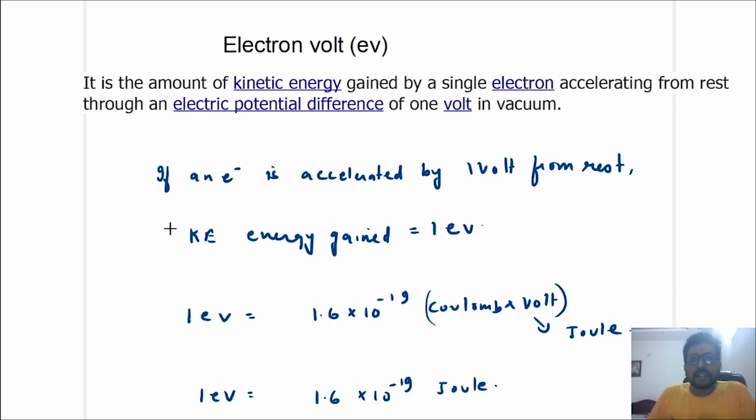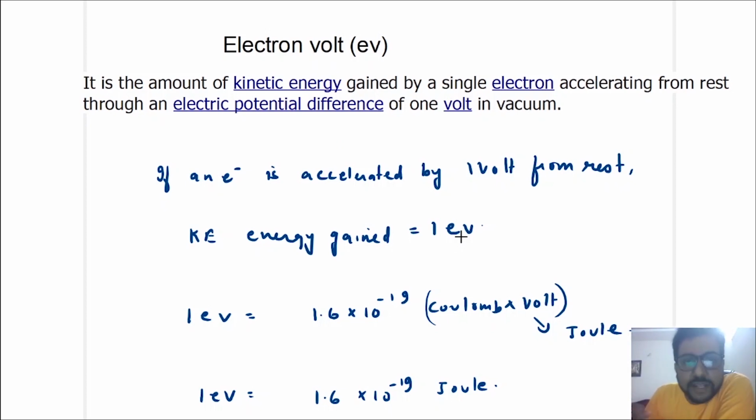Now you know that if a charge is placed in some electric potential difference, it will accelerate, right? So if an electron is accelerated from rest through an electric potential difference of 1 volt in vacuum, then the kinetic energy gained by the electron is called 1 electron volt. So if an electron is accelerated by 1 volt from rest, the kinetic energy gained by this electron is defined